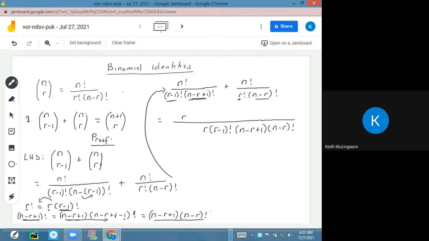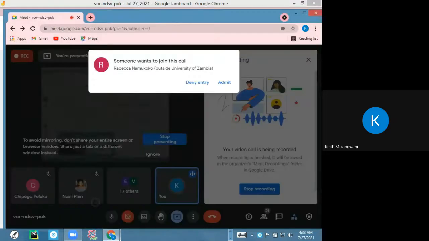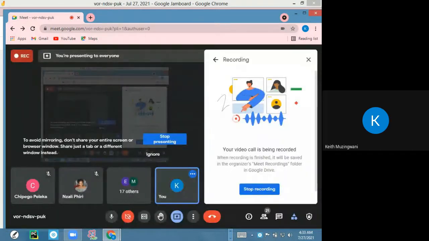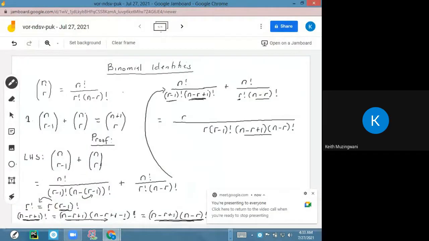This piece here is what we have defined in this form, and this is what we have taken here. This means that we'll have r and n factorial just on this part,